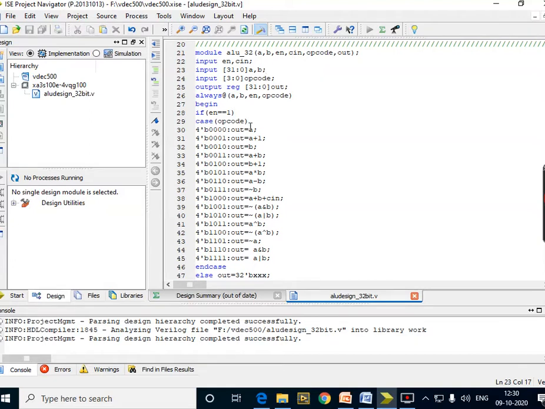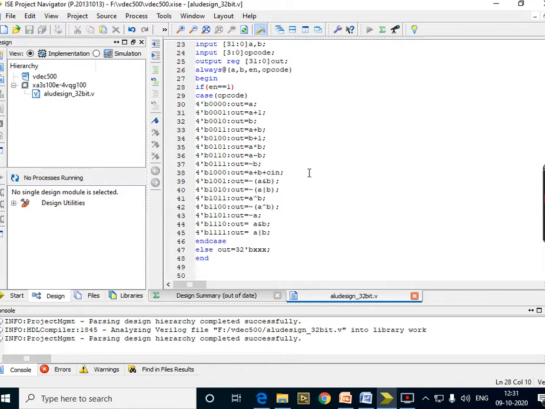Now because it is a single output, I'll be taking only one, and based upon only one input change the cases are declared. But before we execute the cases, I have kept a clause. What is the clause here? It is enable. Every processor needs an enable line. If enable is 1, only then do these cases get executed. All these cases are put under the condition enable. If en is 1, only then will this complete section get executed. If en is 0, by default you come out of the program. If en is 1, you execute the program.